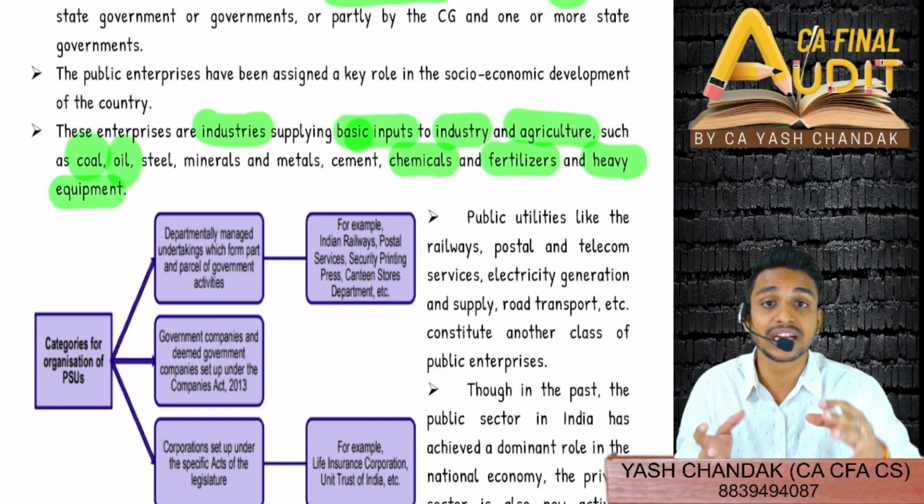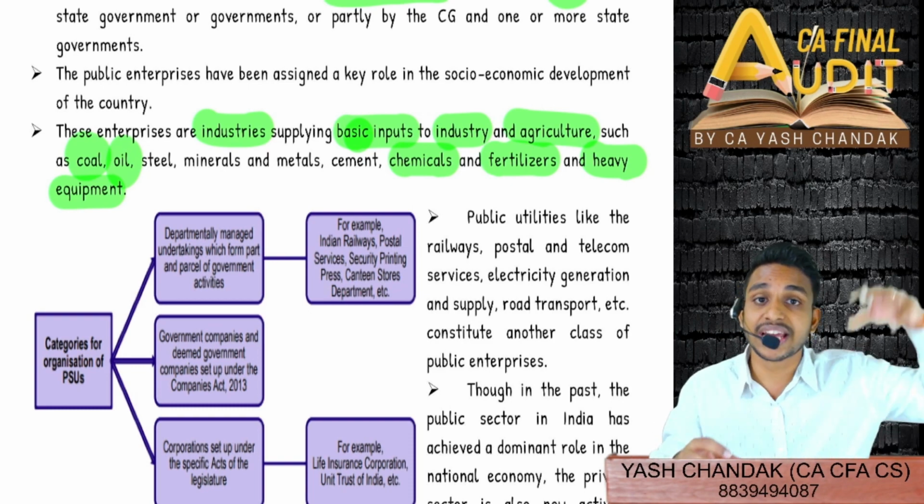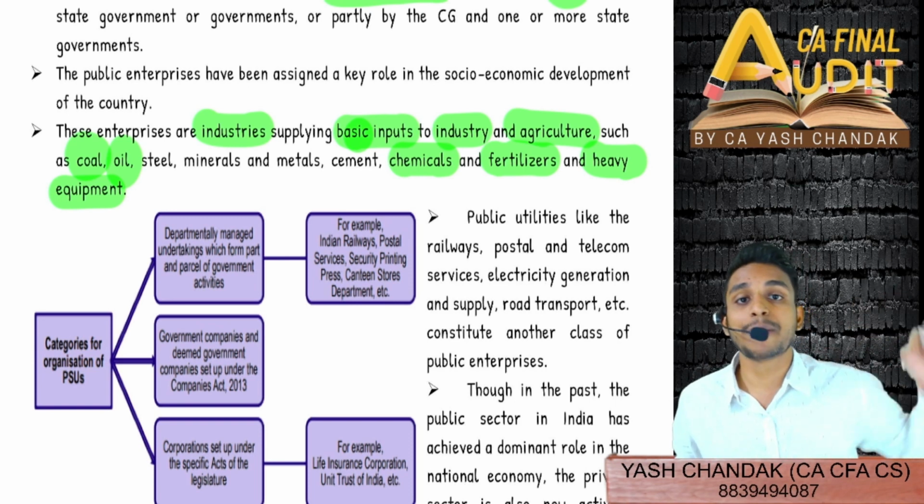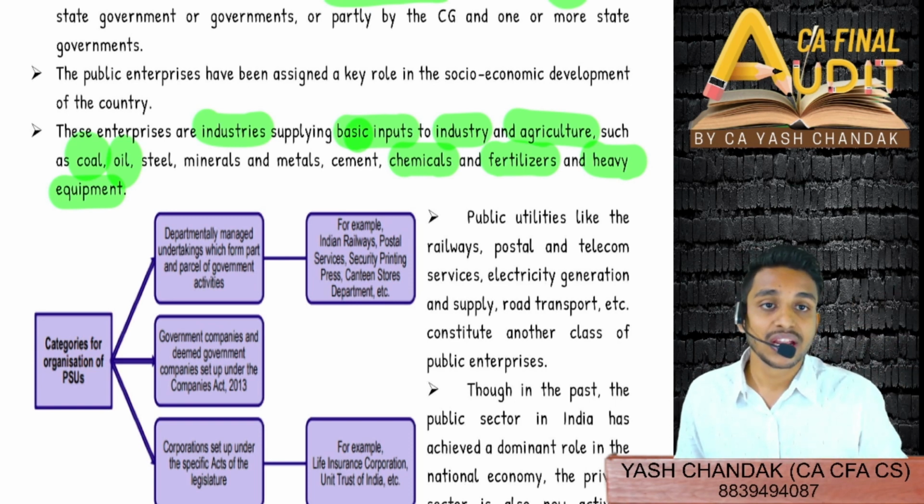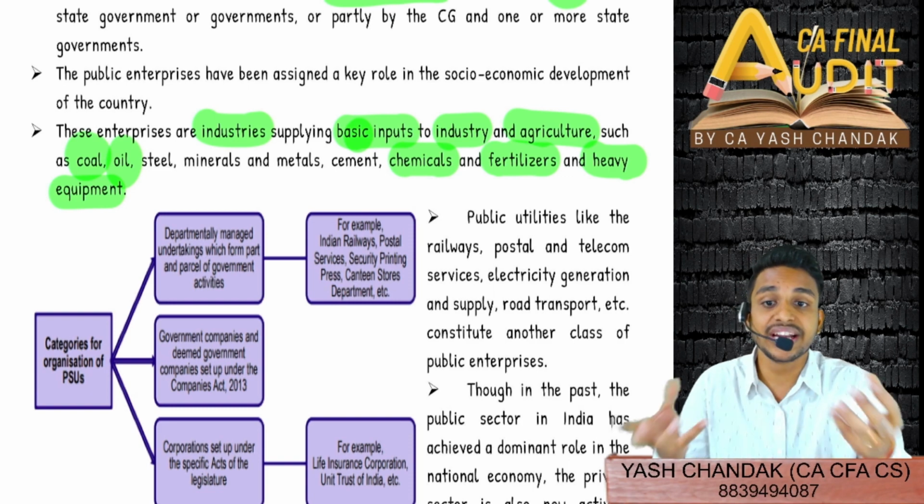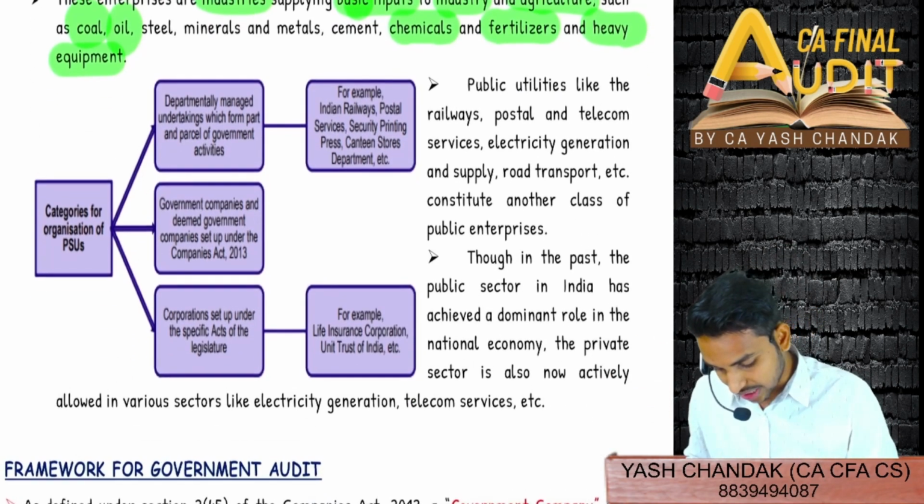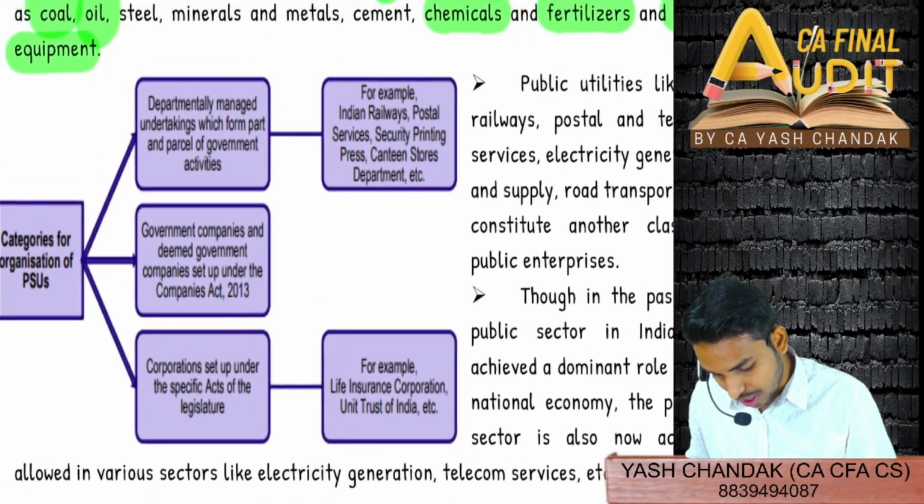And also apart from that, some undertakings are directly owned and controlled by the government itself, like railways or postal services. These are governmental undertakings, even if not companies. So, categories for the organization of PSUs, you'll see